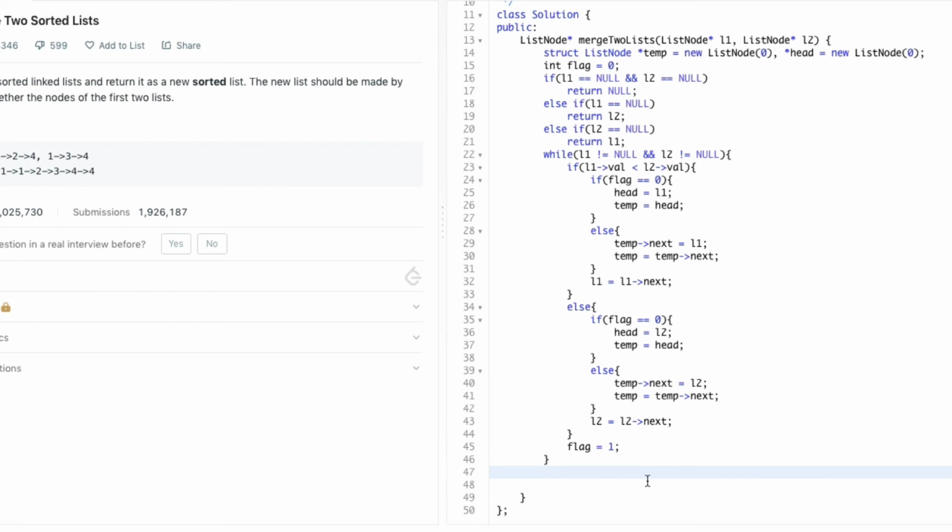As we have seen in the explanation part, L2 may point to null whereas L1 is still not null. In such a case, we need to traverse L1 completely till it becomes null. We can insert a while loop to check that case.